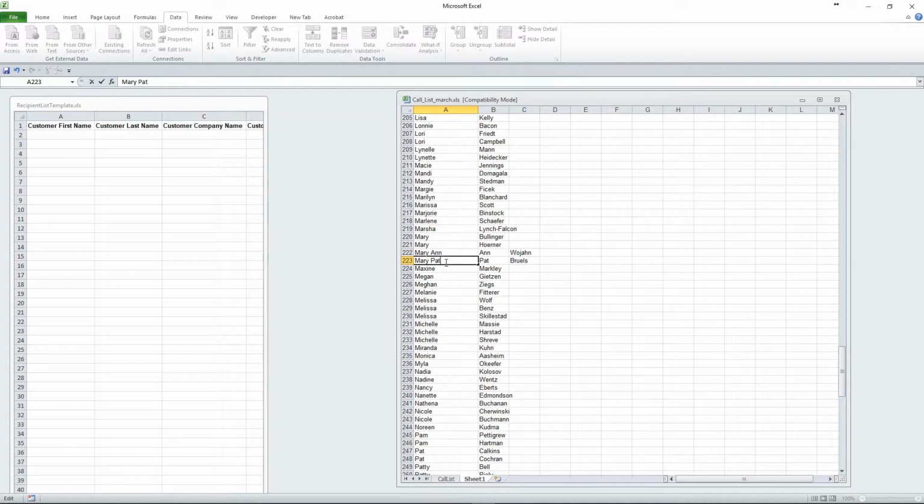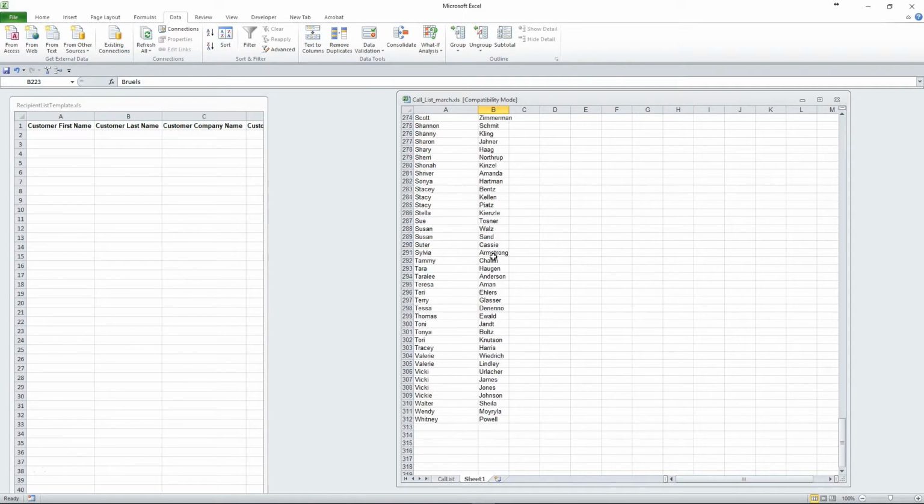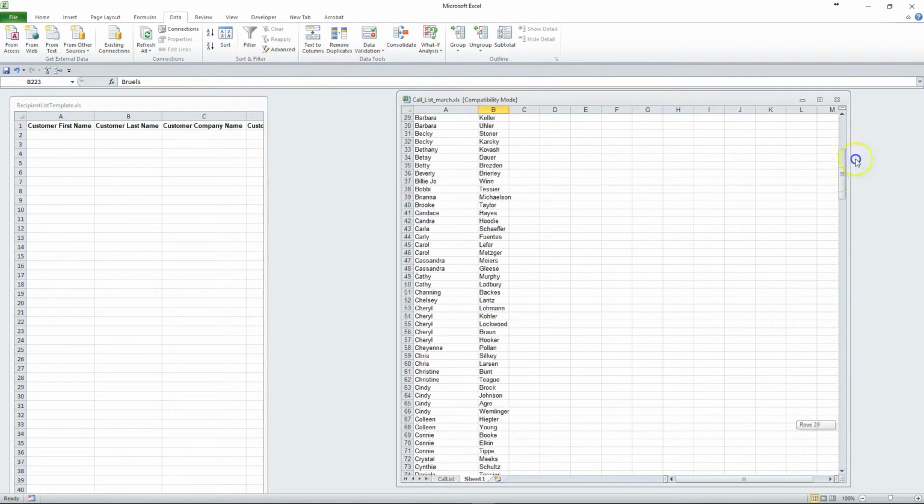problem here. So we'll just put in their full first name, highlight the two, Ann and Pat, that are supposed to be in the first name column, and right click, delete, make sure shift cells to the left is selected, and hit OK. And that will put the last names in the correct column. If we just finish up, we can see that all of the names, first and last names, are in the